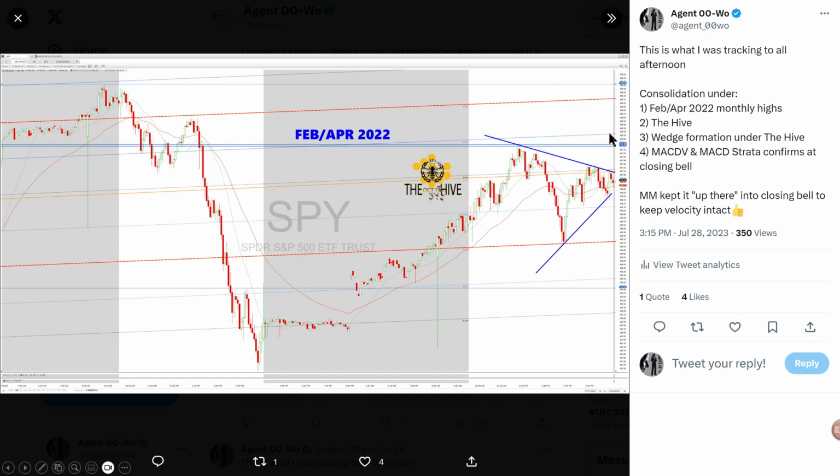I don't want to project too far, but at some point it's going to come up against a major resistance line, and then it's going to make a lower low. It's going to dip, and it may come back to the hive and back test to the hive, which would make sense to me where it would probably go. Okay, so that's what I think is going to happen on Monday.